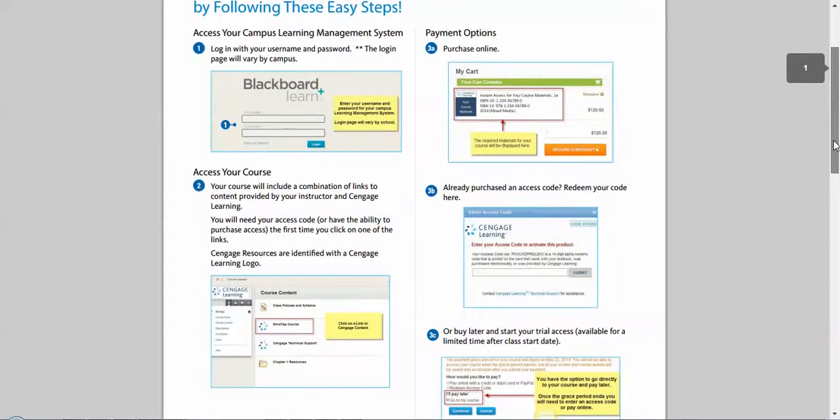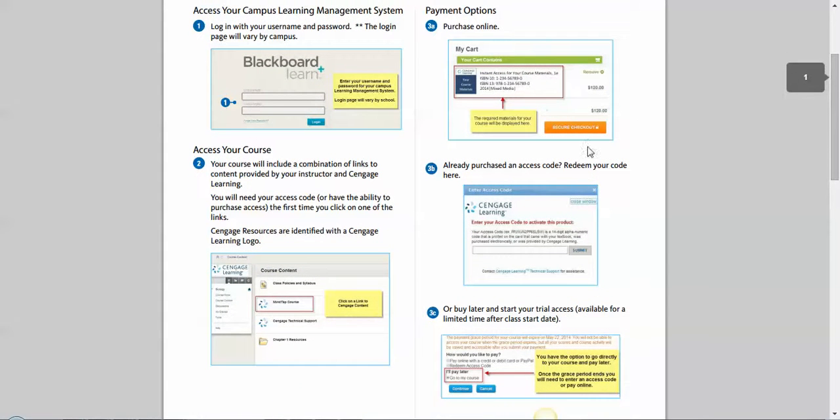After you've done that, you're going to be prompted with 3 different options. The first option is called Pay Online. This option is if you've not been to the bookstore and you've not purchased any course materials for Psych 1010, but you want to, and you only want to purchase Mindtap. You can choose this option and purchase Mindtap directly through us via instant access. Mindtap does include a full ebook, and you can print out of it. So if you're not the kind of person that needs a paper copy during class